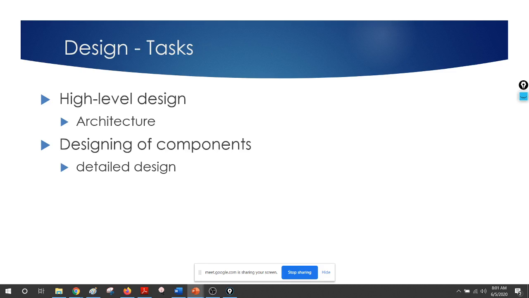right? So what are the tasks? You have to do the high level design, we call it architecture, and then you can go to the designing of the components or the detailed design, right? So first you must have the architecture or the high level design, then you go for the detailed design or the designing of each and every component and how those components are interacting with each other. Okay,